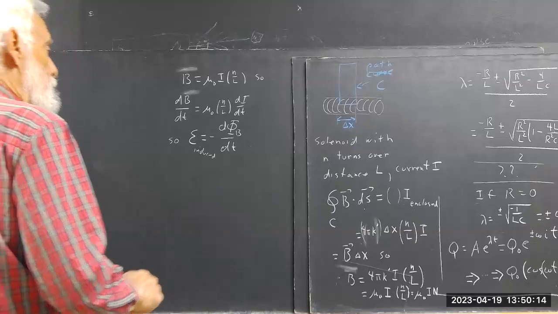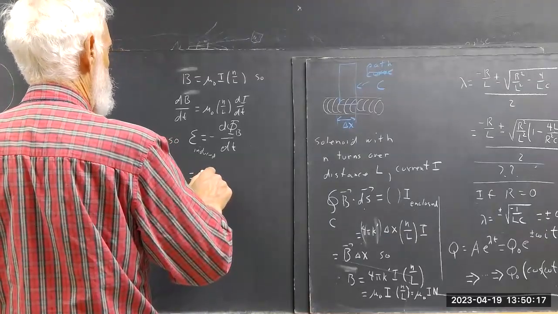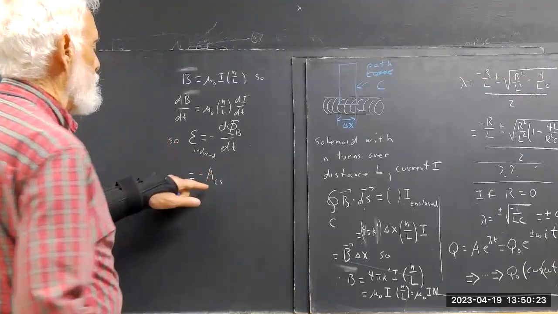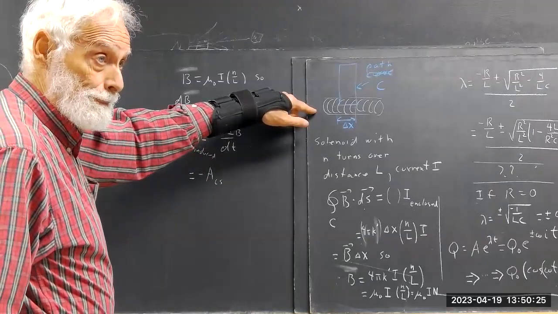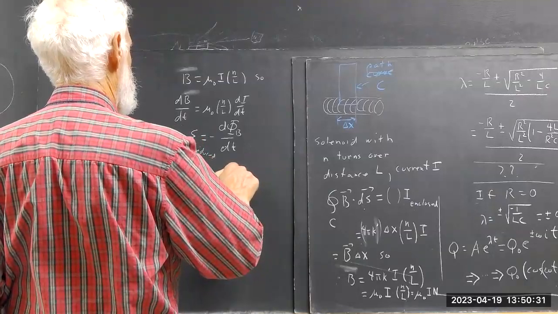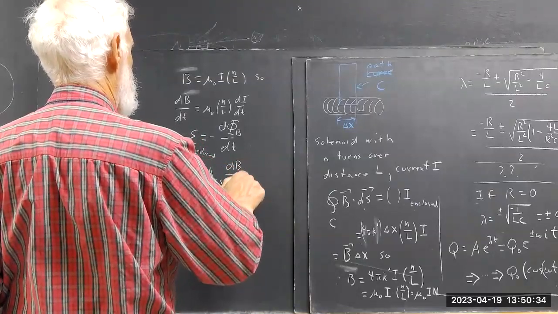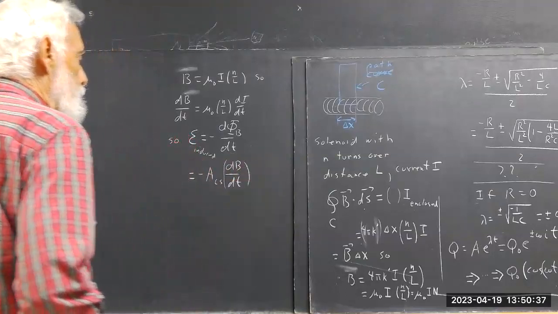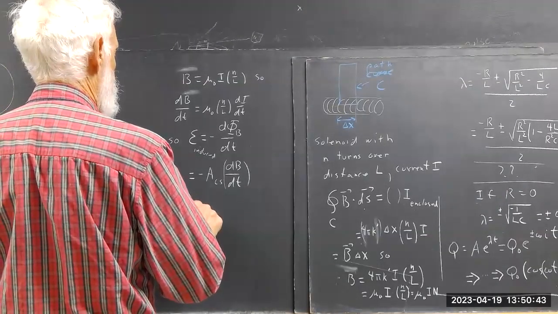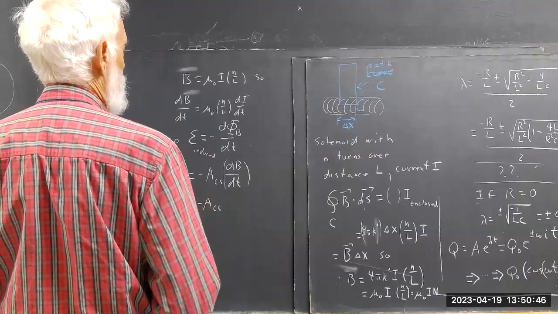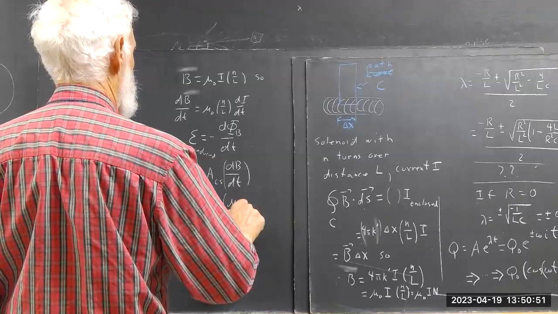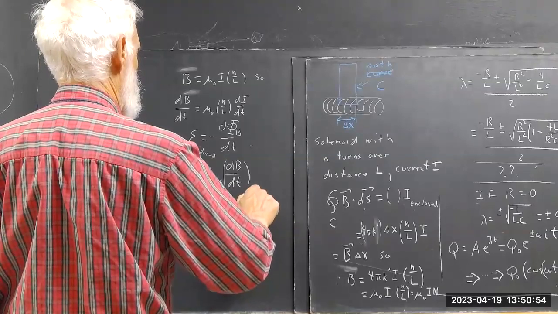And what's d phi B? Well, it's the cross-sectional area of your solenoid, which is negative cross-sectional area times mu naught N over L